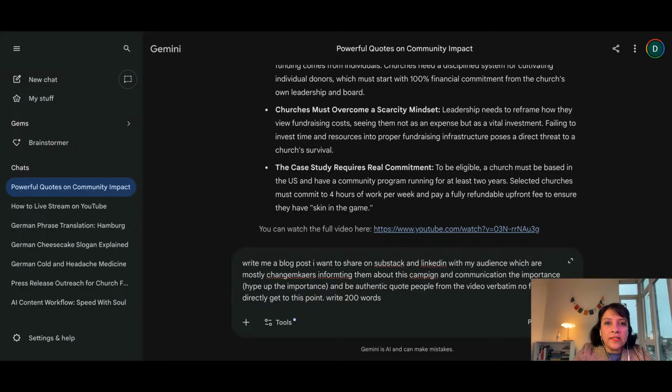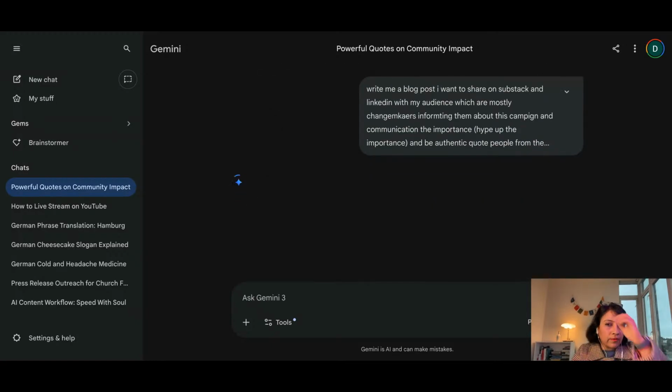You can obviously dictate the intent, because if you don't say what your purpose is, why you want AI to write this blog post, why do you want to communicate this? I think that's the important thing. You need to really guide the AI. So let's do this now. I'm going to see how long AI takes to write this, because if a human had to sit and write this, and I've done that work, by the way.